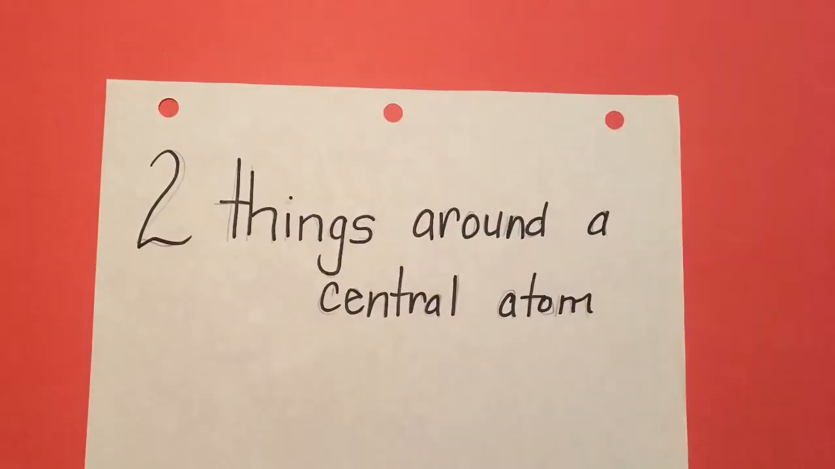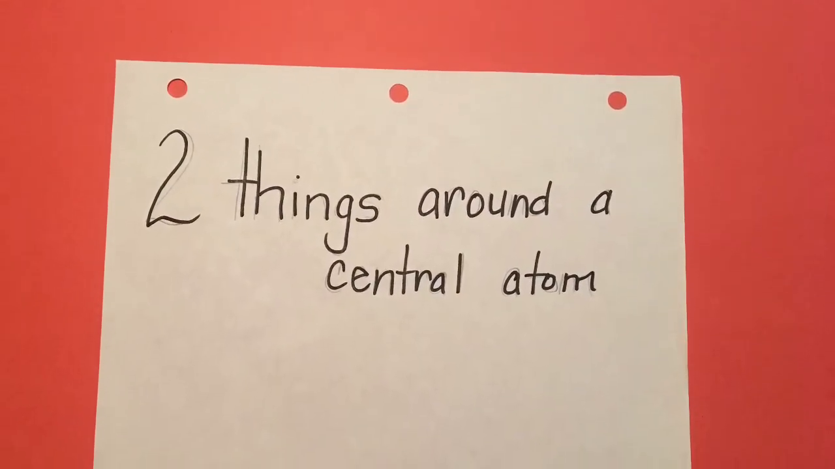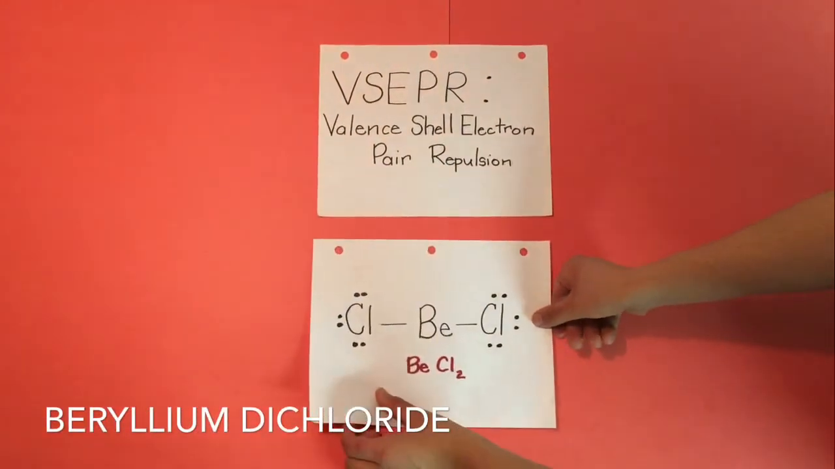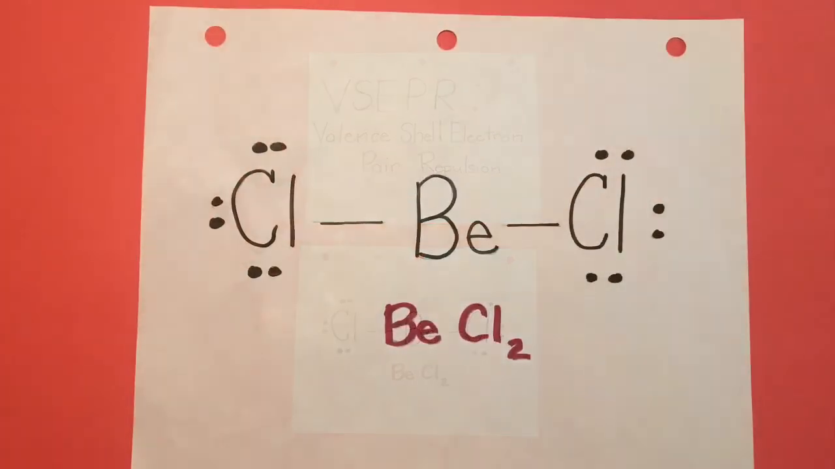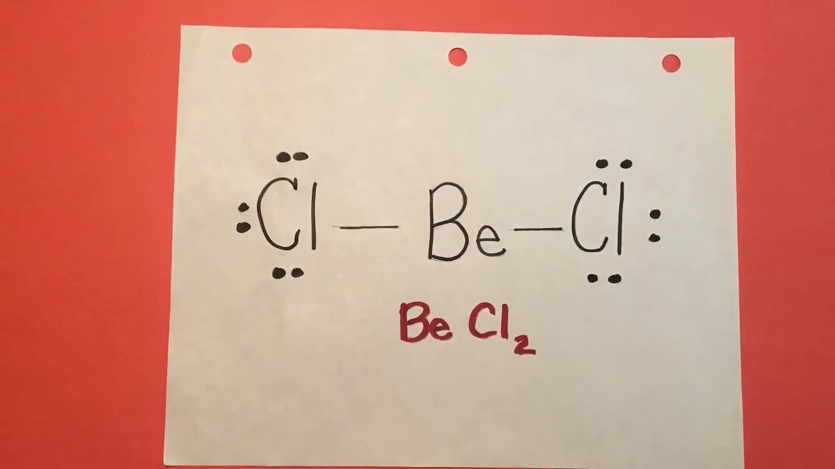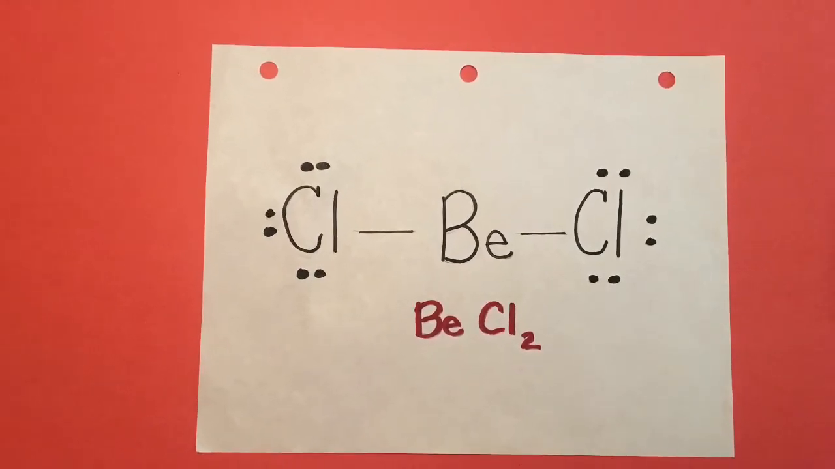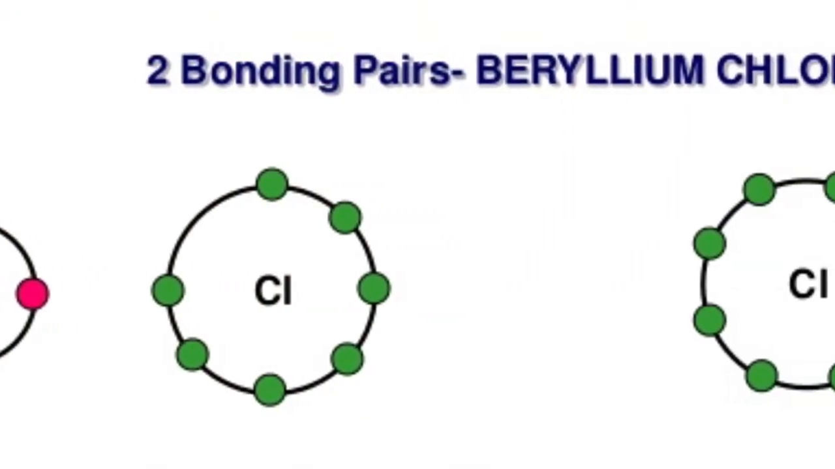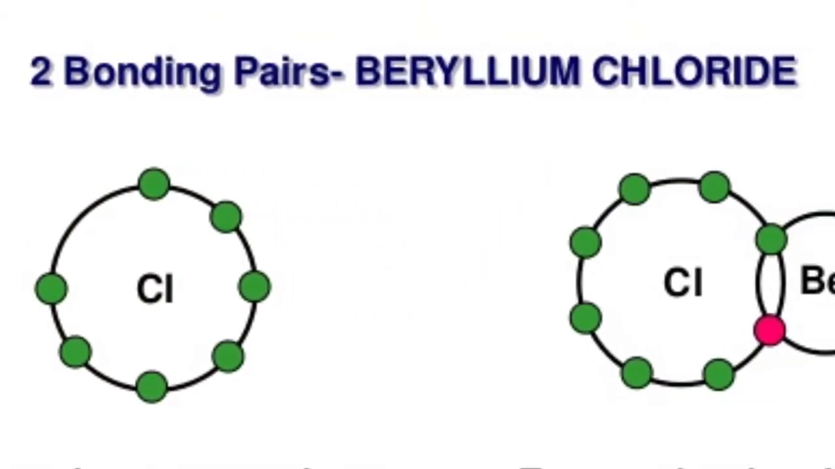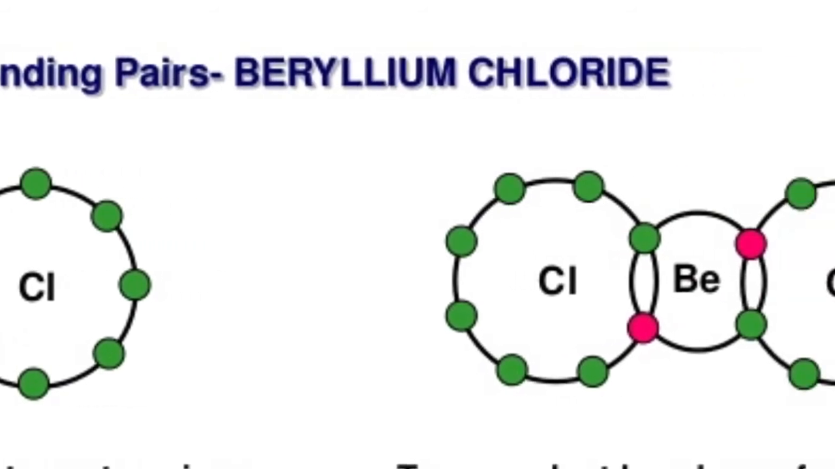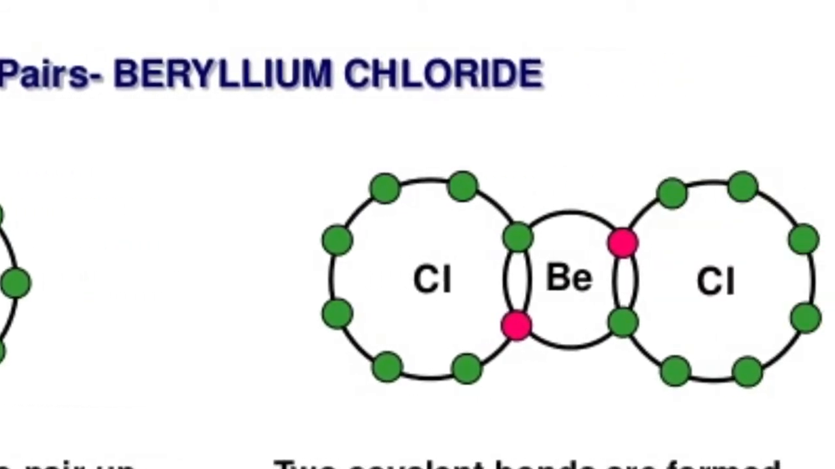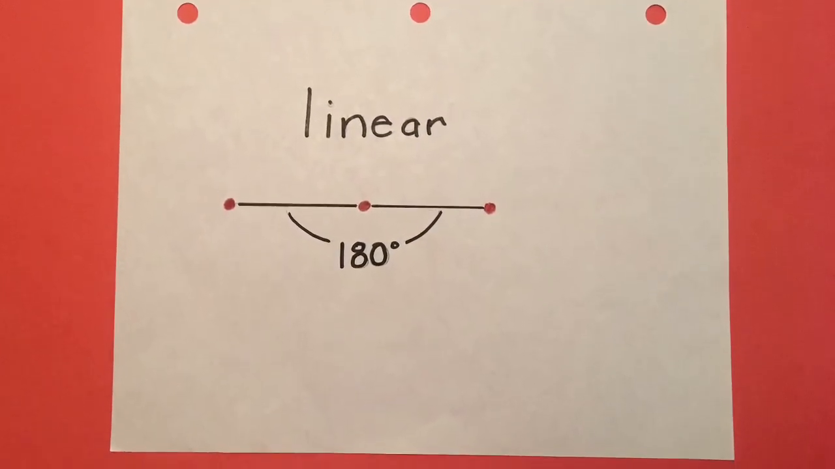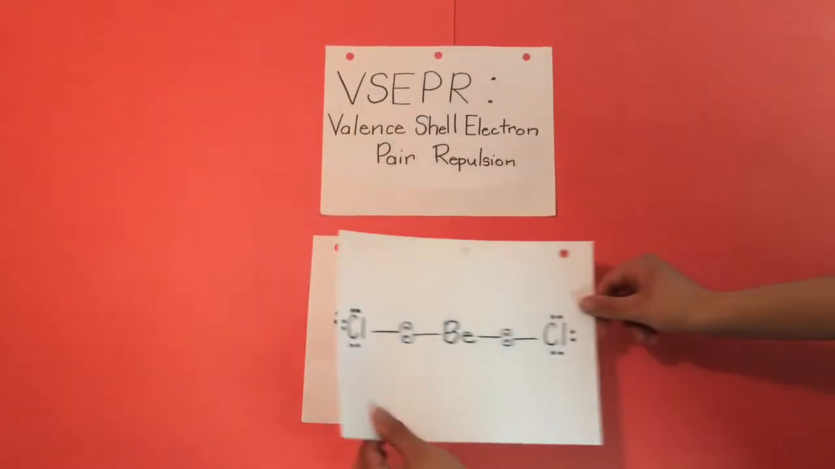Let's begin with our first VSEPR shape, when we have two things around the central atom. Our first example is going to use beryllium dichloride. There are only two places in the valence shell of the central atom in beryllium dichloride where electrons can be found. Repulsions between these pairs of electrons can be minimized by arranging them so that they point in opposite directions. Thus, the VSEPR theory predicts that beryllium dichloride should be a linear molecule with a 180-degree angle between the two